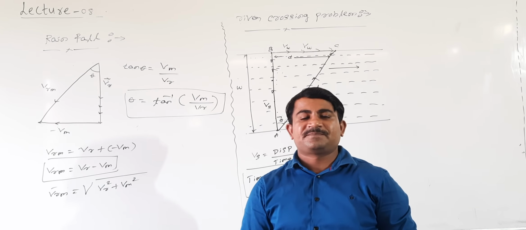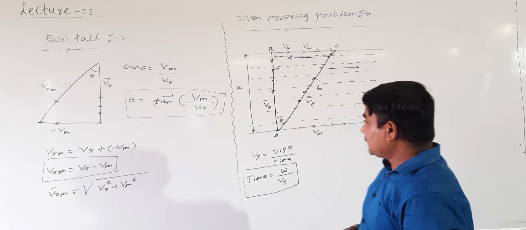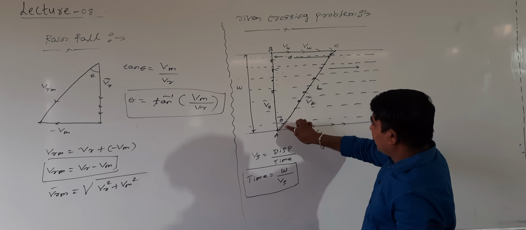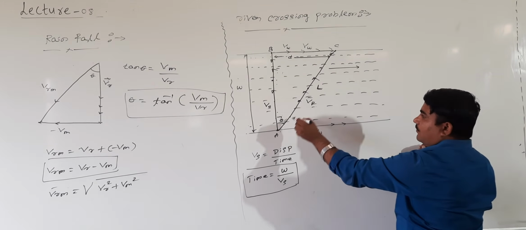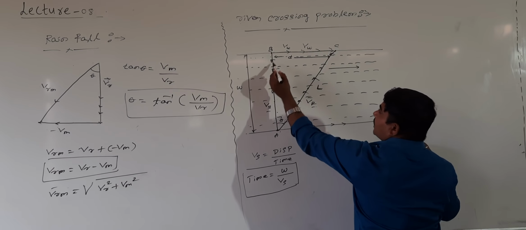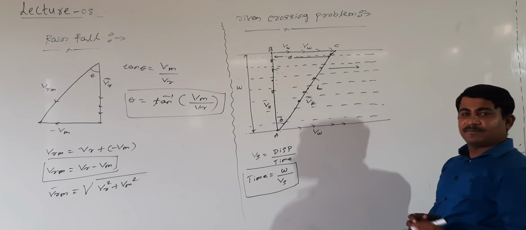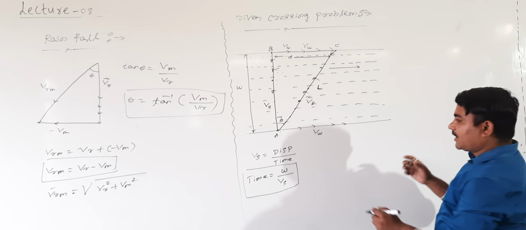One case, students. Second case is how to calculate the resultant velocity. We shall apply the Pythagoras theorem. VR square is equal to what value? Vs square plus Vw square. Right. Shall I take it here? How to calculate?